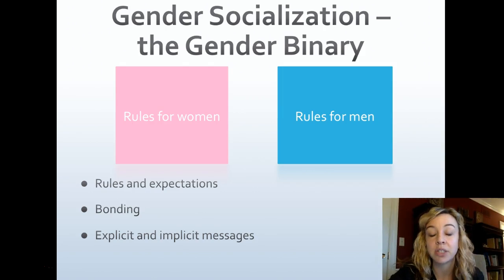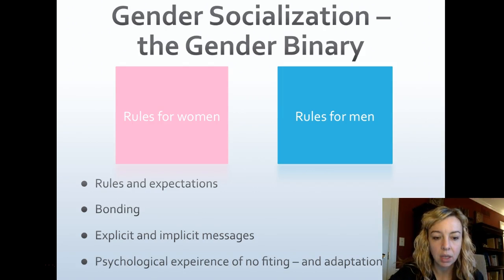And these could be explicit messages from family members and peers, social institutions, but they can also be very implicit messages, maybe in the media or even within your family, that there are certain things that are kind of frowned upon, and you'll get subtle, maybe even passive kinds of social punishment or reinforcement for different behaviors. And then the psychological experience of not fitting in can be really, really powerful. And so then we adapt our behavior and our identities in order to fit and not have the psychological